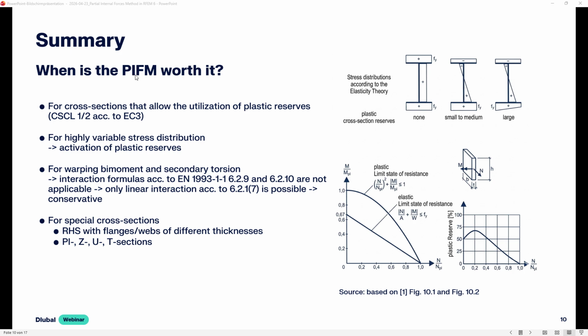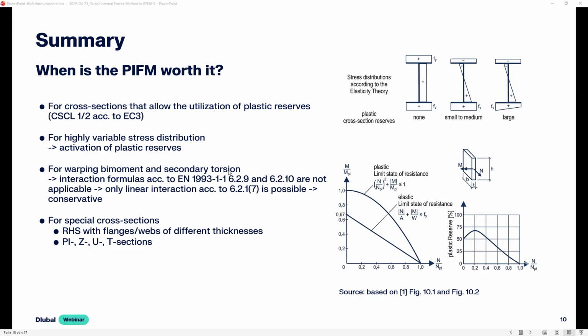PIFM is especially worth it if we have warping, bi-moment, and secondary torsion, because in this case we are not able to perform the plastic design with the non-conservative interaction formulas according to the Eurocode 3. And yeah, PIFM can still be used. So with that method, we can still do an economical design, even if we have the warping, bi-moment, and secondary